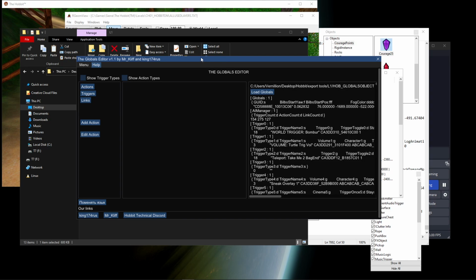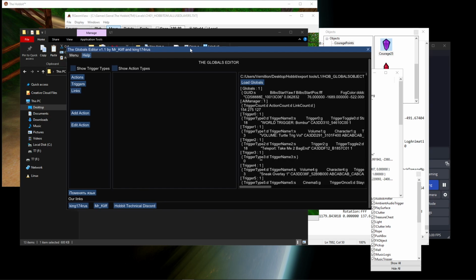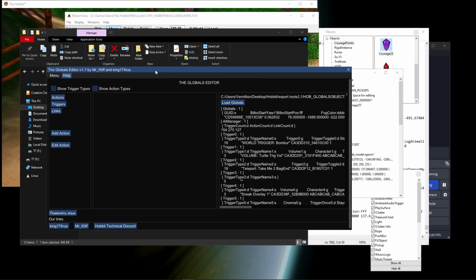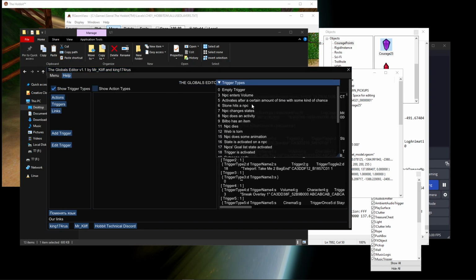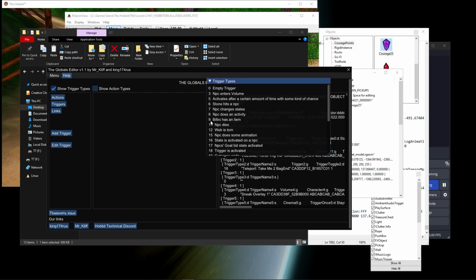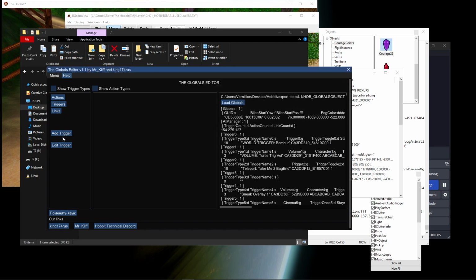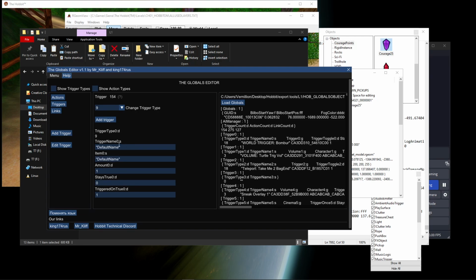So now in the globals editor, we are going to create a new trigger. This trigger is going to need something like Bilbo pickups sub object. Let's see. NPC enters volume, activates certain amounts. Bilbo has an item, this one that we actually need. So it's trigger type 9. We go to triggers, add trigger, trigger type 9, and